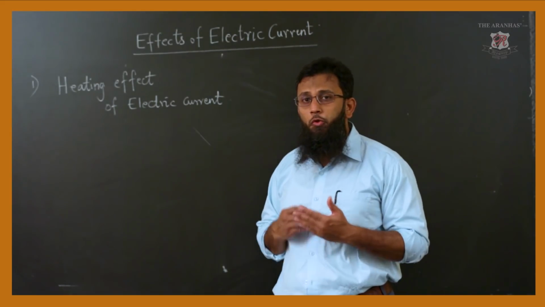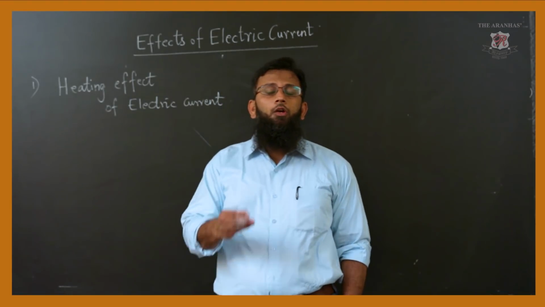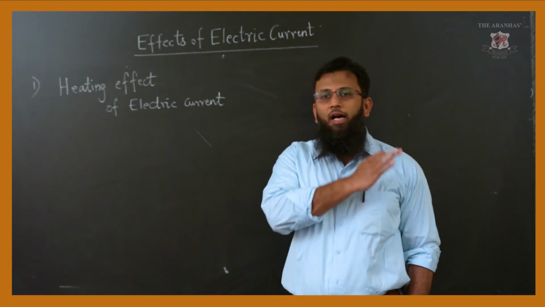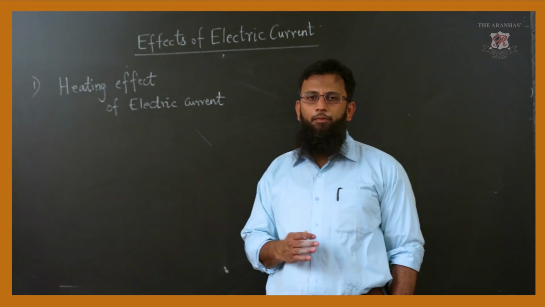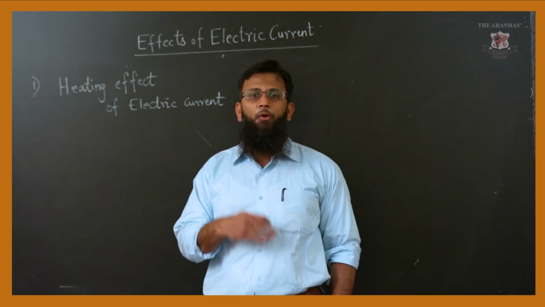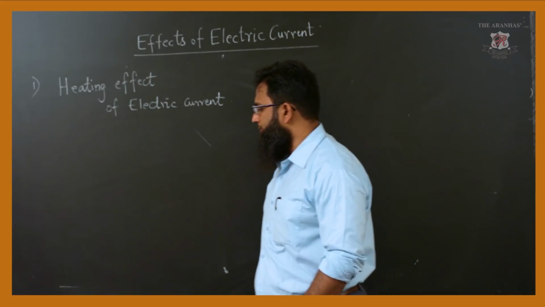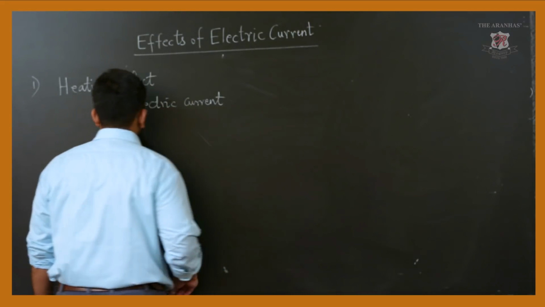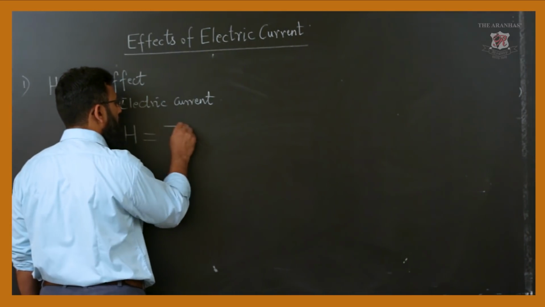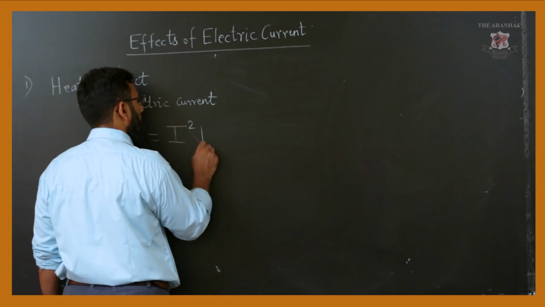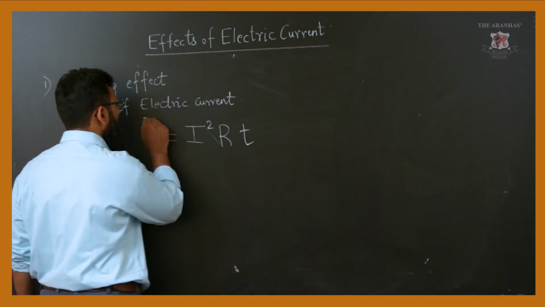So, for that you should know which material is used through which current is passed for certain duration, it will produce more amount of heat. This point is not given in the textbook, but I will mention it with the equation provided in the textbook over there. H is equal to I square RT. This will be our key equation.